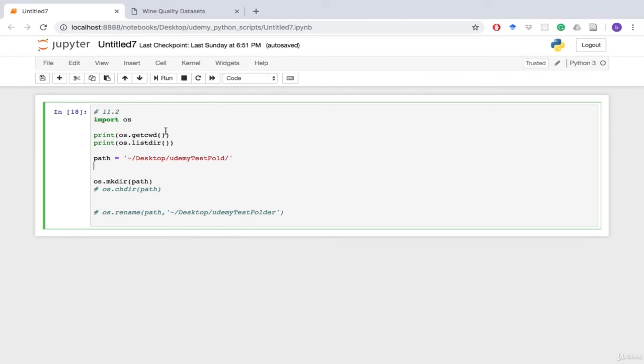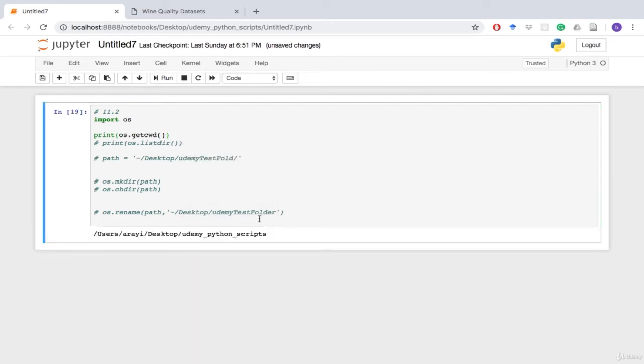Okay, so here we are, guys. The first thing I want to show you is we have our operating system package loaded up, so import os. The next thing I'm going to show you is this function, which is part of the os package, and it's called getcwd, which means current working directory, our current directory. So when we print this, it's going to tell us where we currently are